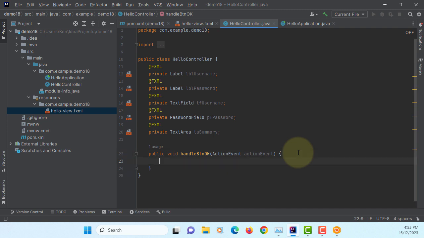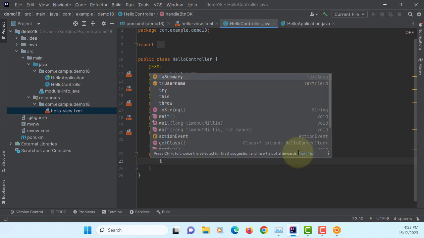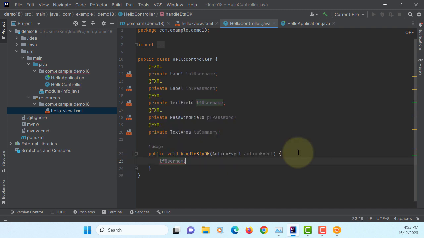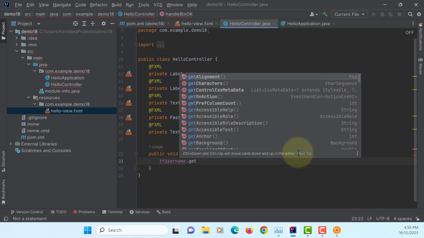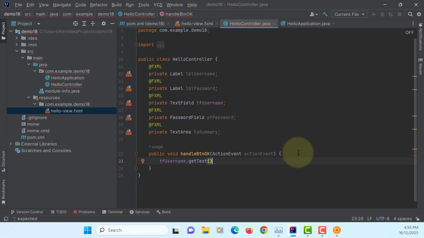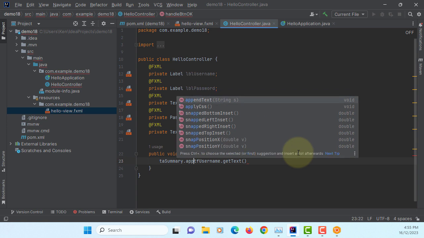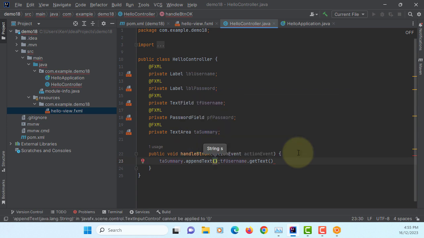So implementation is kind of straightforward. tf username getText, ta summary, append text,